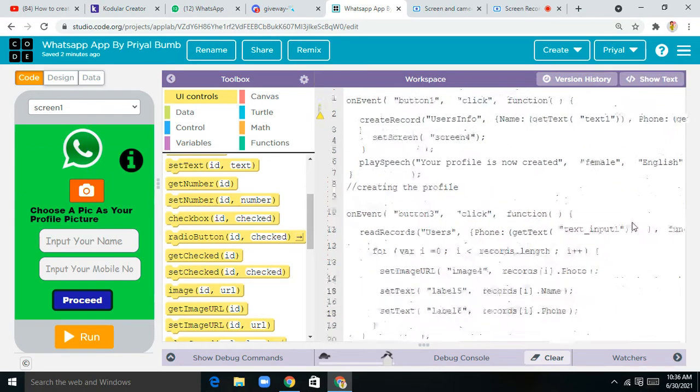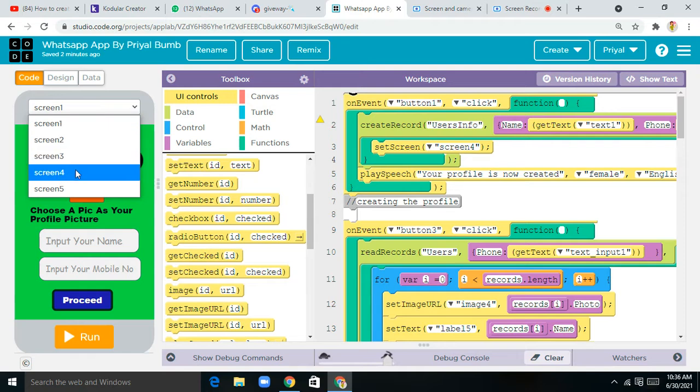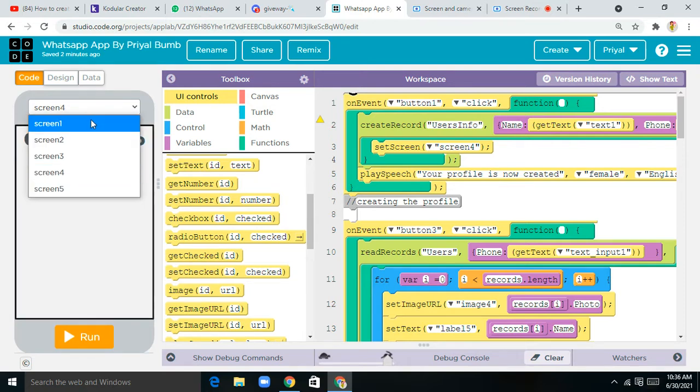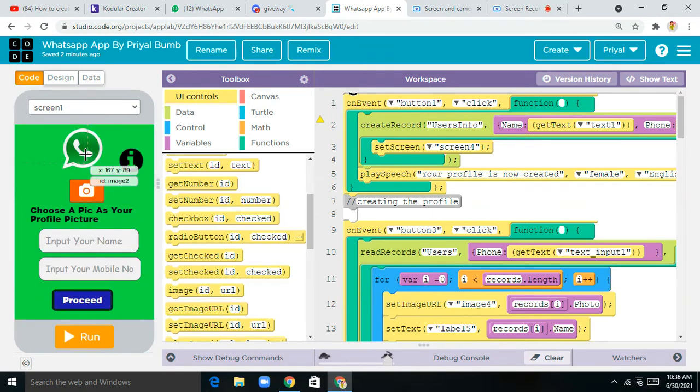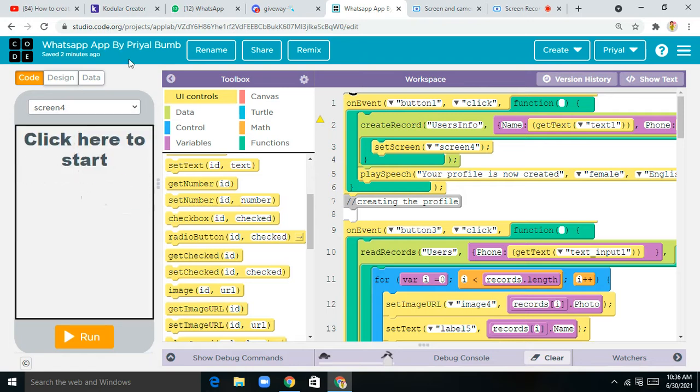Alright, and next is this function record. Next, what we want is set screen also. I want that if any user taps on this proceed button, then I want the system to firstly create a record, and then I want them to be redirected to screen number 4. This screen.